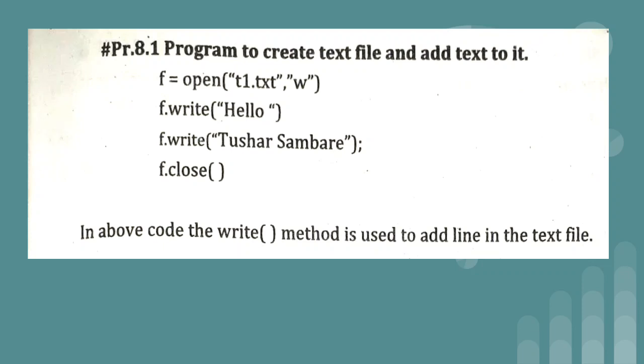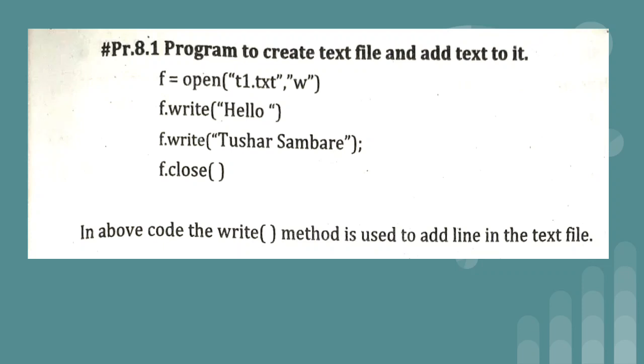So it means in the file which we have created, t1.txt, the word hello is added because of f.write. F is nothing but the name of the file. In place of f you can take any name. But again, the rules and regulations are similar to variables. That is, the file name should start with a character. It should not contain space. It can have only one special character, that is underscore. And the file name should be meaningful. So all these rules and regulations we have to use while deciding the name of the file.